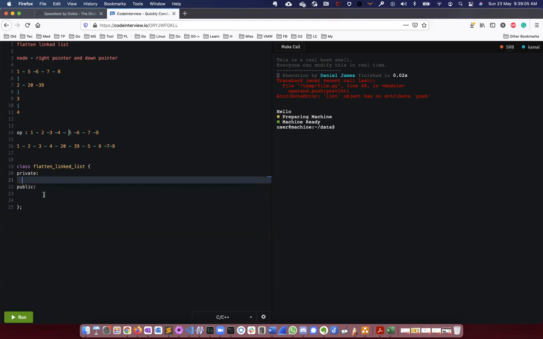I should return the head of the linked list, right? Yes. Do I need to define the linked list, or can I assume it has a down pointer and a right pointer and go ahead with that? You can go ahead with that.